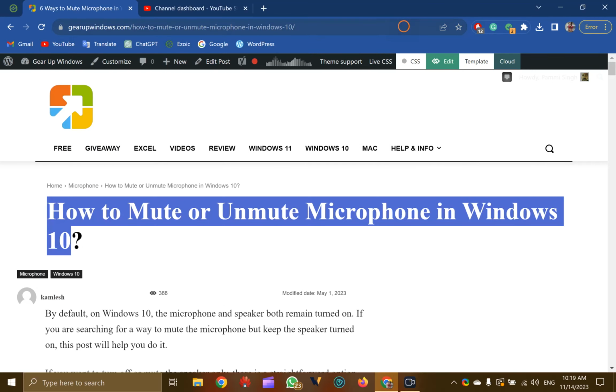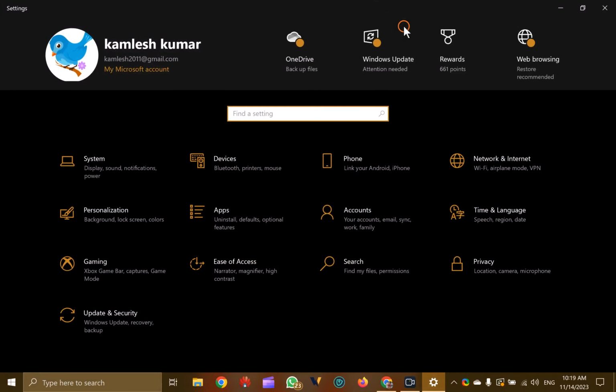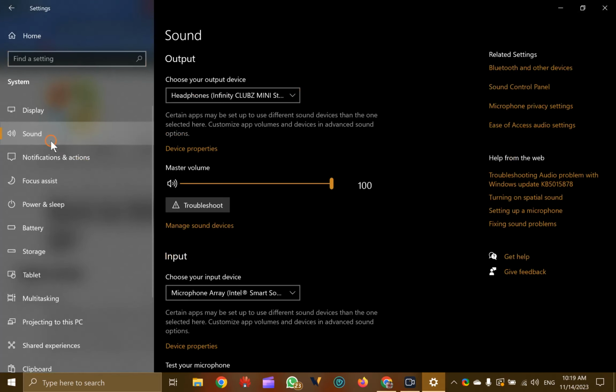Next one method is through settings app. For that, press Windows plus I key on the keyboard. You might be already familiar with the settings app. Here you need to click on this one system, then click on this one option sound. On the right, you will again find this one options input and output.